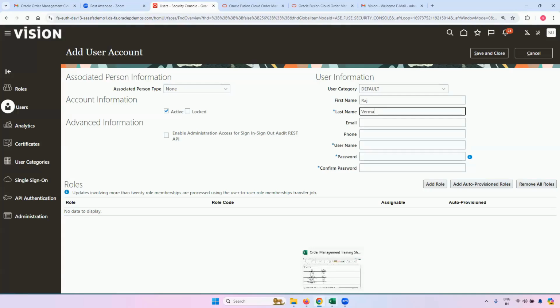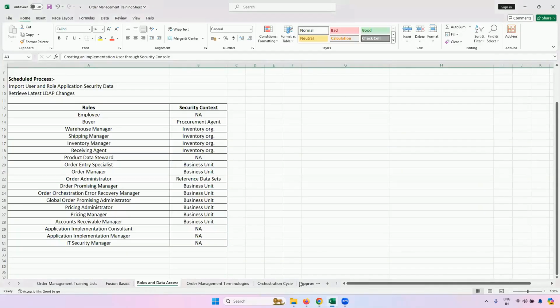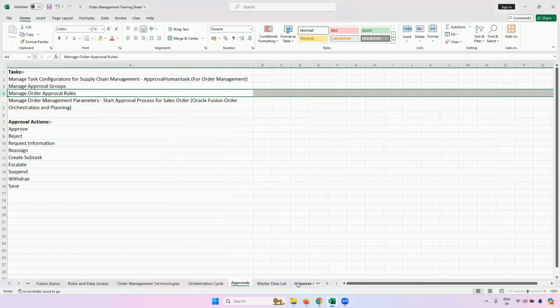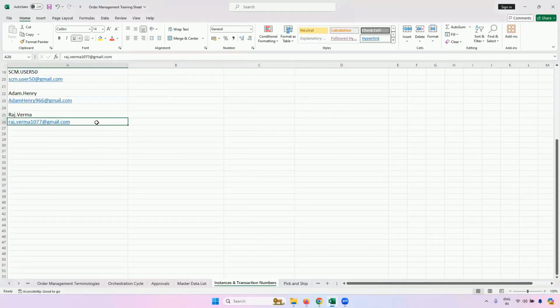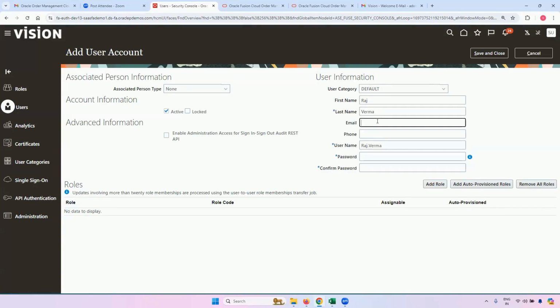The email ID I have is, let me use one of my email IDs. Yeah, this one. Let me use this email ID. Phone number I don't want to give. Username would be raj.verma. Okay, I'm fine with it. Password, let me enter my password. So I am setting up my password.